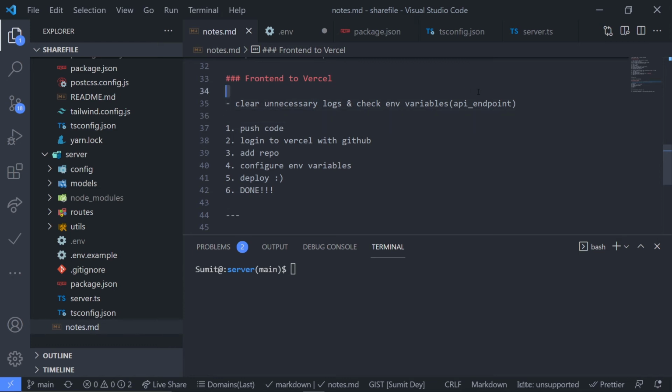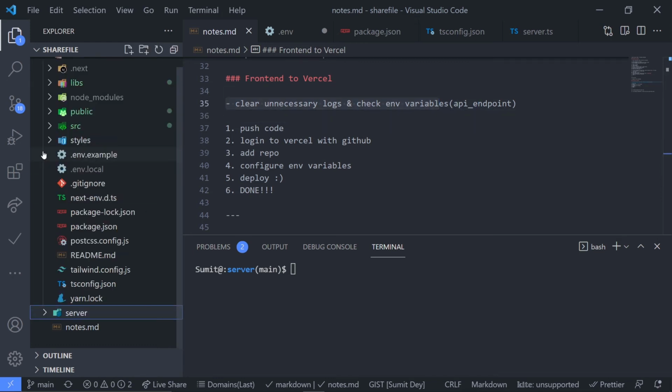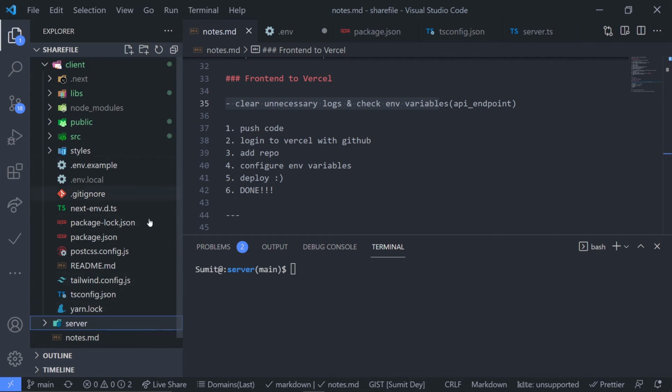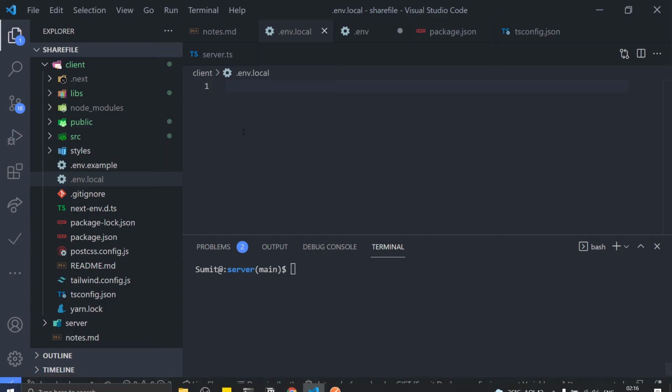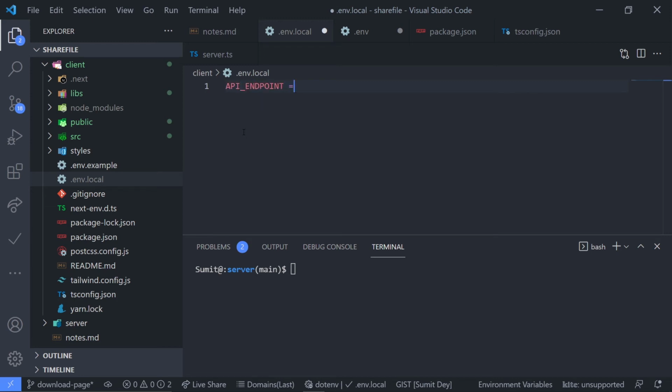Clear the unnecessary logs and check the env variables. Again, just go to client. Okay, again just remove all the unnecessary logs, and then just see this .env.local. Okay, I don't have any variables, right? But we need to put the base endpoint of the API. So for that, let's grab the base endpoint. Let's go to a URL and copy this https://whatever-backend.herokuapp.com/. So let's grab this and create a new variable, something like API endpoint, and put it here. You know what, just make this API base endpoint,